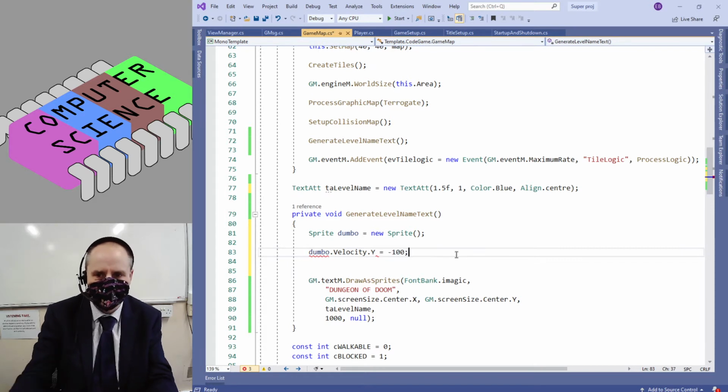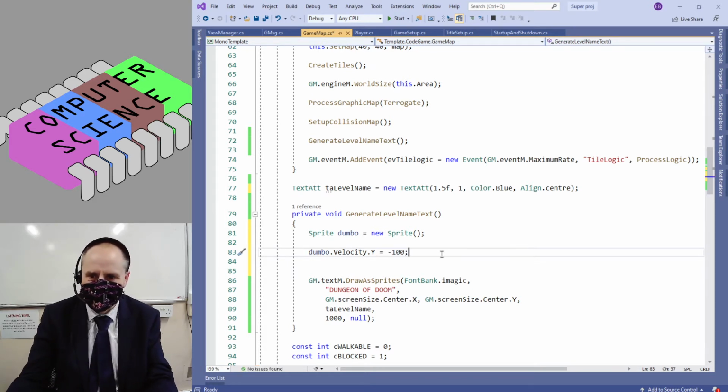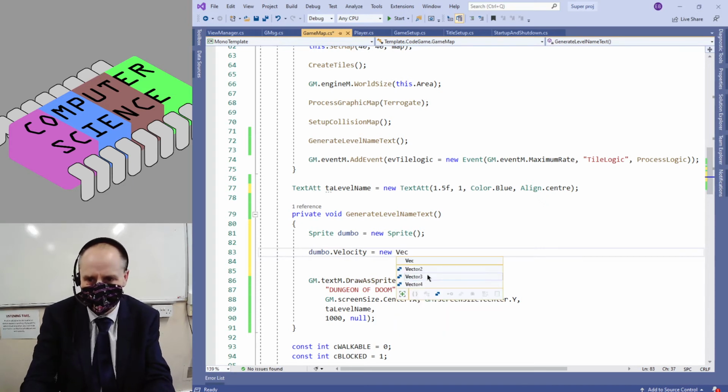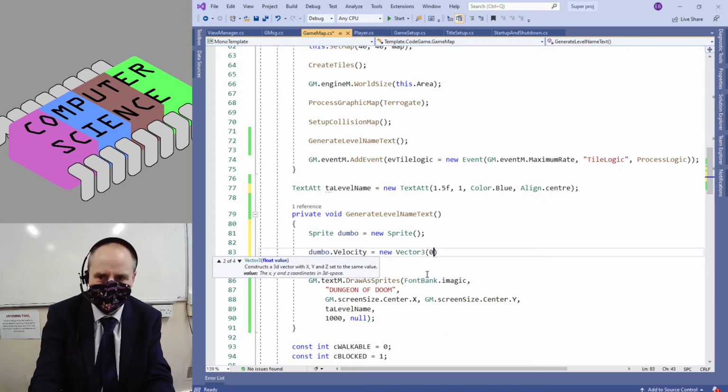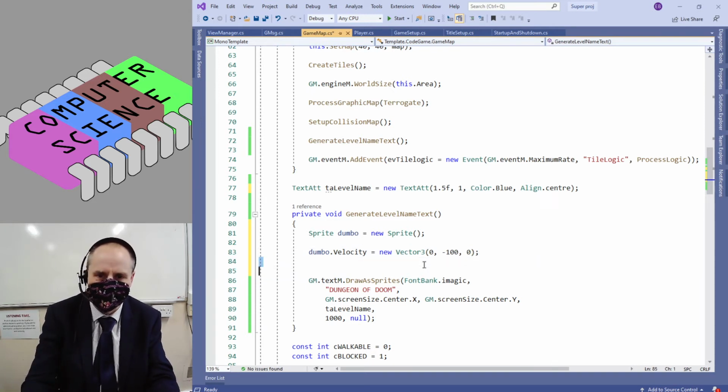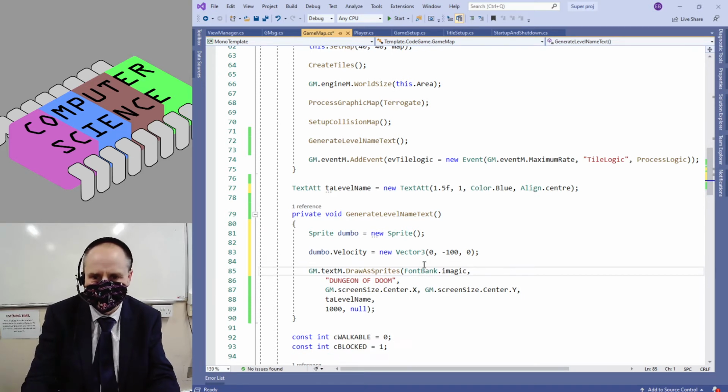I bet it won't let me do that. Oh no. Okay. Sometimes what'll happen is it'll moan and say you can't access this property. So when you're setting some vector values, you might have to go no, minus 100, no. You've got to manually set a vector. That's the long way of doing it. I have got some short forms, but not many. Okay, so instead of null, I'm going to put Dumbo